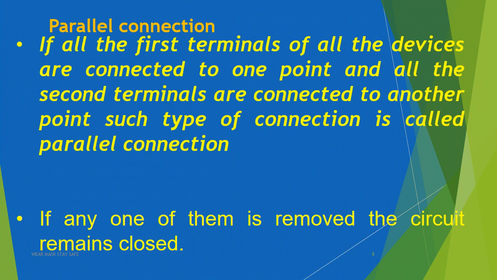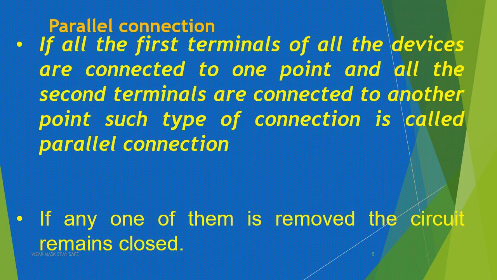Okay, what is a parallel connection? All the first terminals are connected to one point and all the second terminals are connected to another point. That means the phase wire and neutral wire will be connected to all the bulbs. All the first terminals, or positive terminals, are connected to the positive end of the current, and the negative terminals of the bulbs will be connected to the negative terminal of the switch. Okay, understand? So that is the main difference between the parallel connection and the series connection.